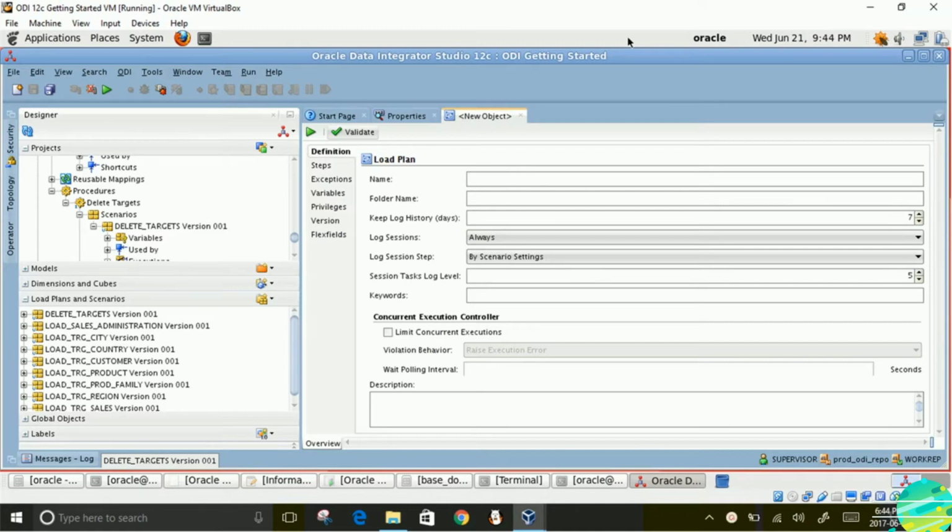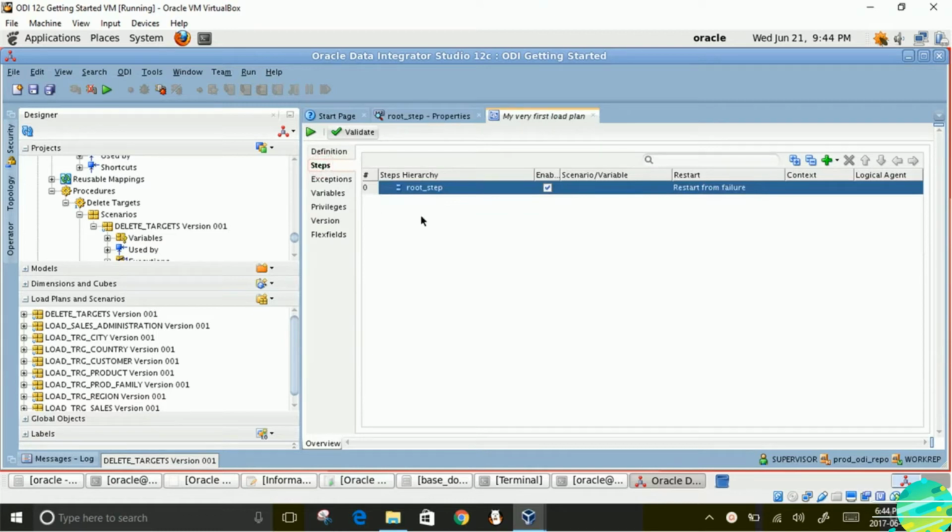Okay, let's call it my very first load plan and then go to steps. Over here root step is automatically created by ODI. Other steps you will create by clicking on this add step button. Let us spend some time here.